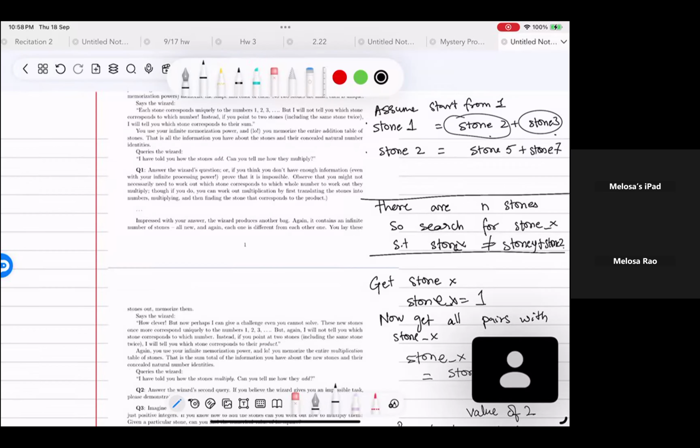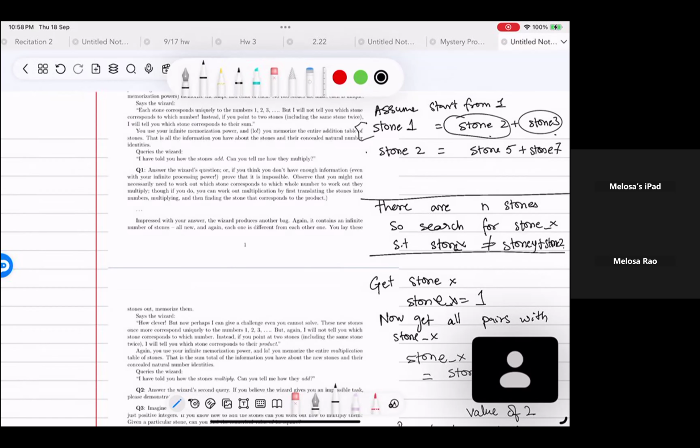Hi. So let's recap the question a little. I point to two stones, stone one and two, and the wizard tells me stone three is the sum. Correct? Given all this, I want to find what is the product of, say, stone two and stone three. So I have this giant multiplication table with all possible combinations and it somehow stores everything. And from that, I want to find out, given two stones, he tells us addition, what can be the